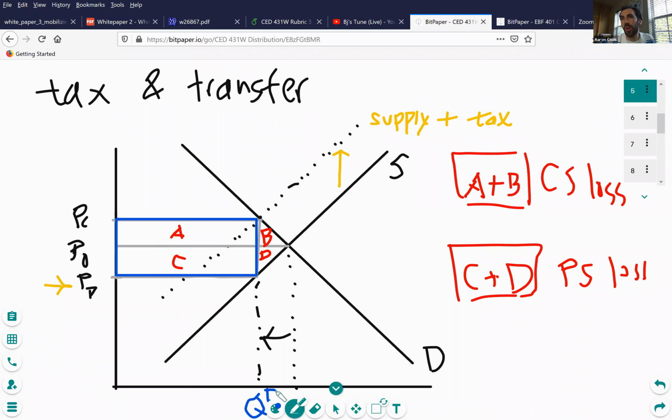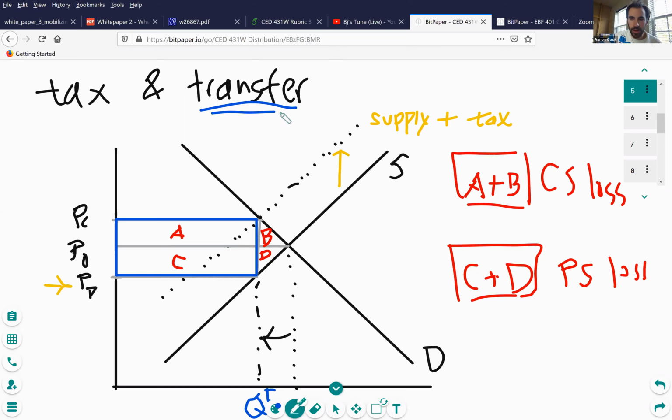Under a tax and transfer program, this tax is enacted. Producers and consumers in this particular market, they lose a little bit of their surplus relative to what they had before. But then this money can be collected by the government and actually used towards some project or even just an income transfer, maybe to some group that it's desirable from a social perspective to help them out. So this is just the basic structure of a tax and transfer program, basic economic analysis of this.